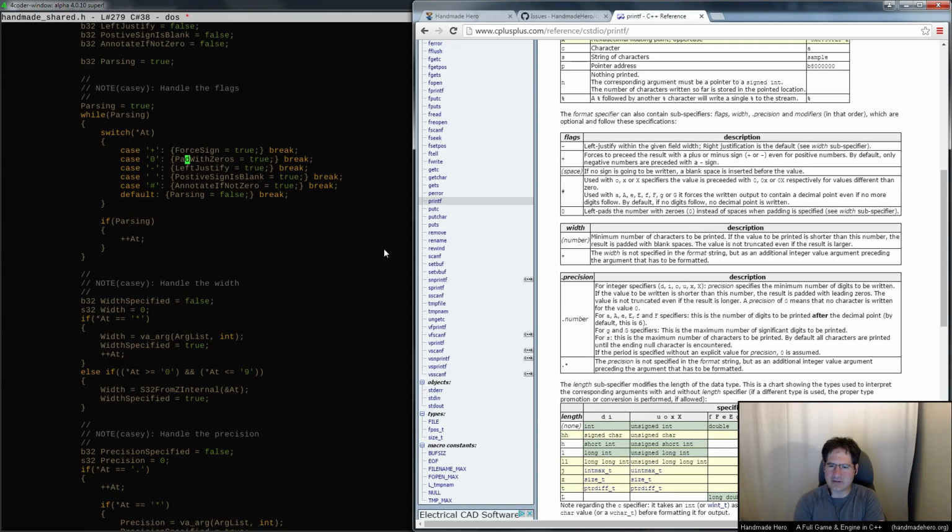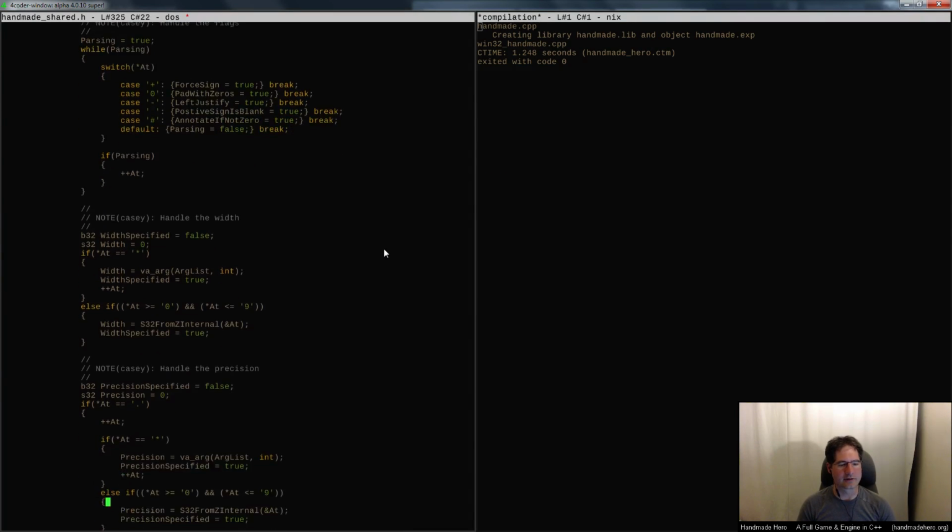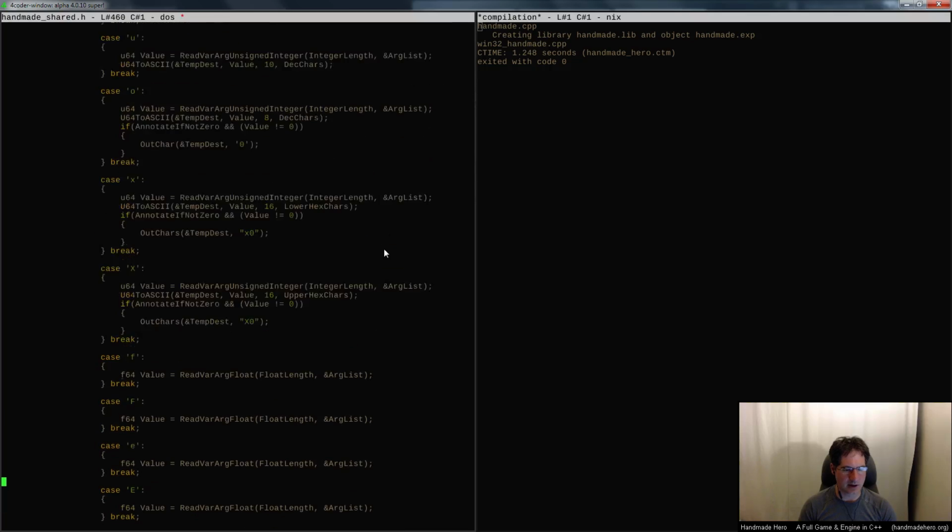Now, it seems like, shouldn't it be padded with spaces? I guess not. It's padded with spaces if the width is bigger. Man, okay. So I guess you always get zeros in the case of the precision, but you don't always get zeros in the case of the width. Welcome to it, boys. Yeah. All right. So